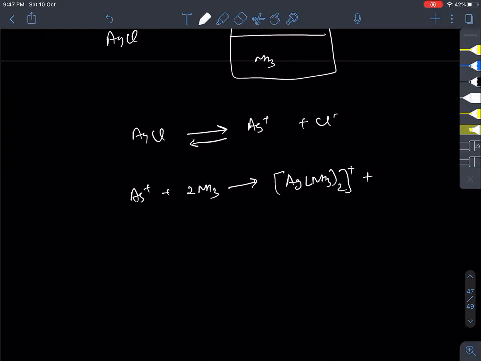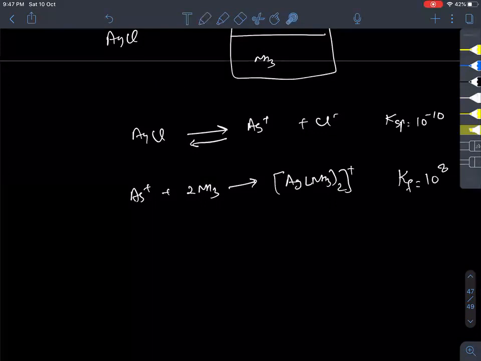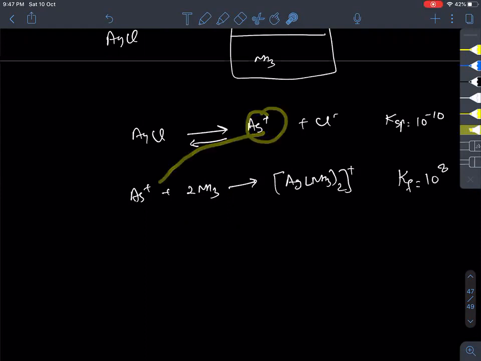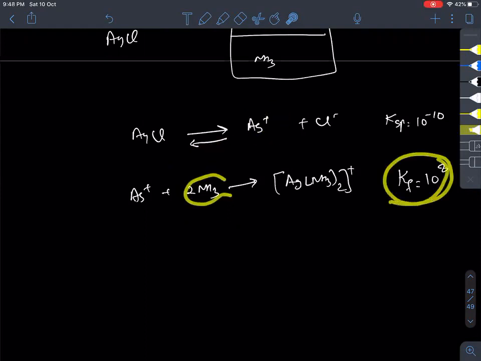Right? And this complexation reaction, K formation, will be of the order of, say for example, 10 to the power 10 or 11 or 6, something like that. And I took Ksp as 10 to the power, say I took 10 to the power minus 8. Now I want the solubility. I want how much solubility of AgCl will be if it is taken in the presence of ammonia. Now the key point here is, whatever the Ag plus that will come, almost, because look at the equilibrium constant, 10 to the power 8, almost every bit of it will be converted over here.